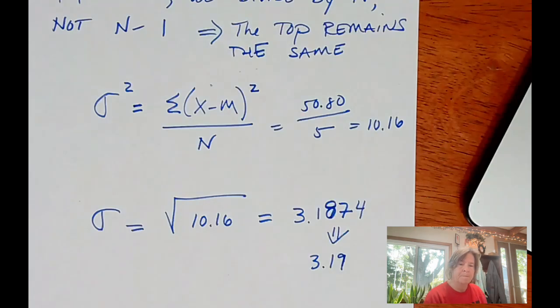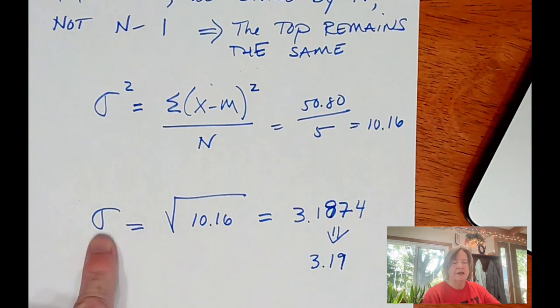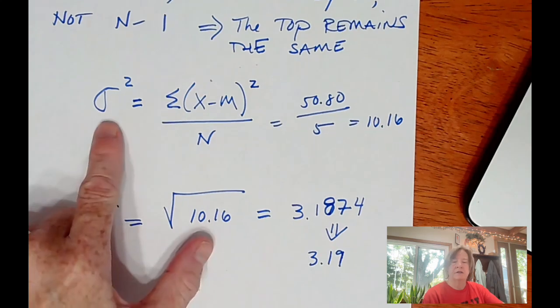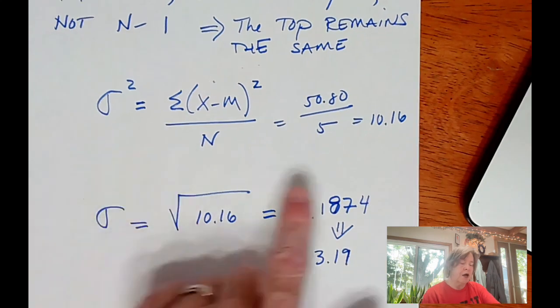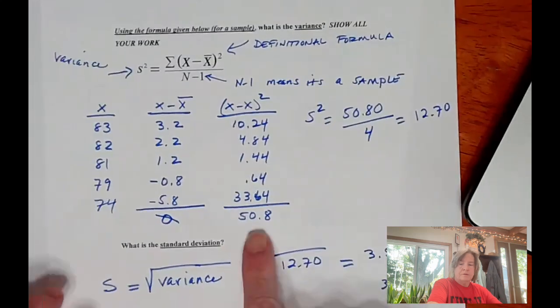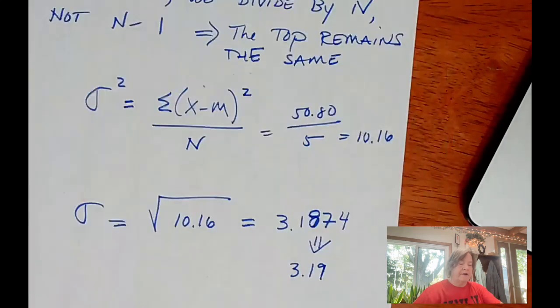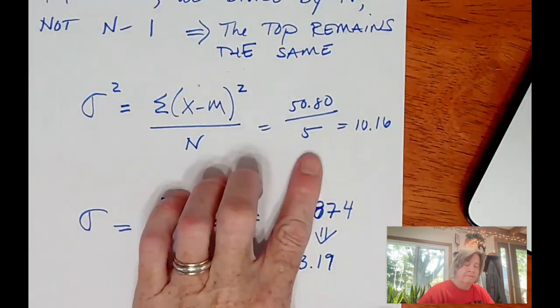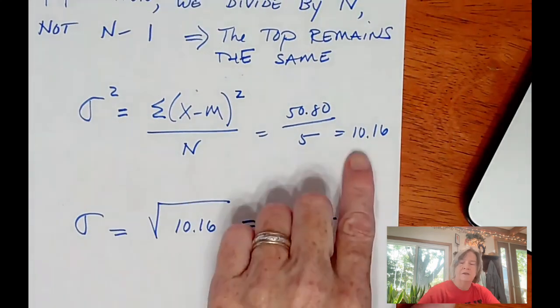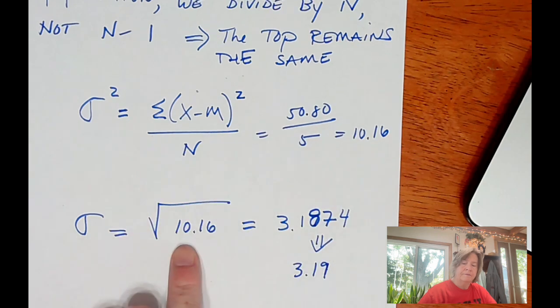This represents the standard deviation. Squared, and it's the variance. So the top remains the same, that 50.80, but we're going to divide by 5 instead of 4 this time. And now we get 10.16. If we take the square root of that, we get